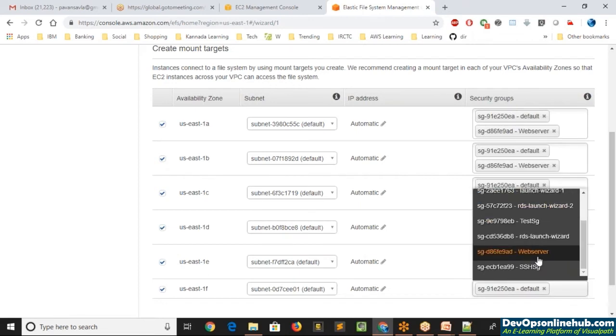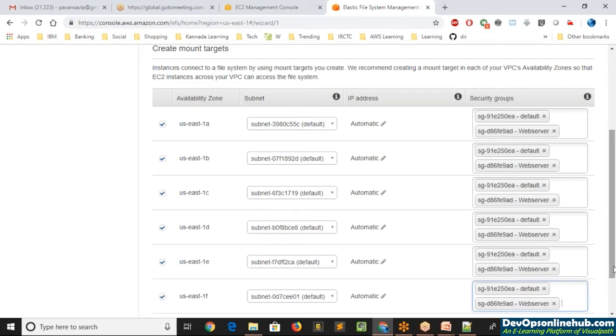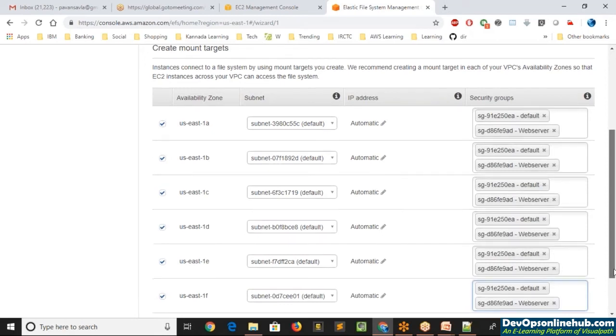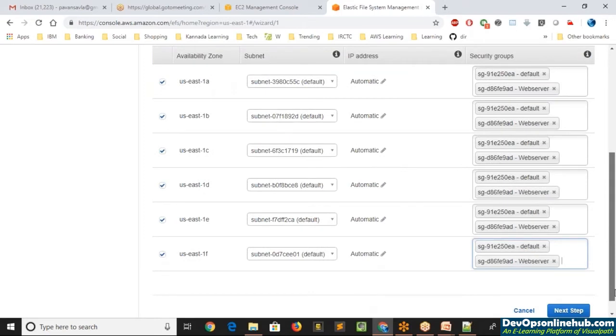There we go. We just added an extra security group for each of the availability zones. Now let's go ahead and proceed to the next step.